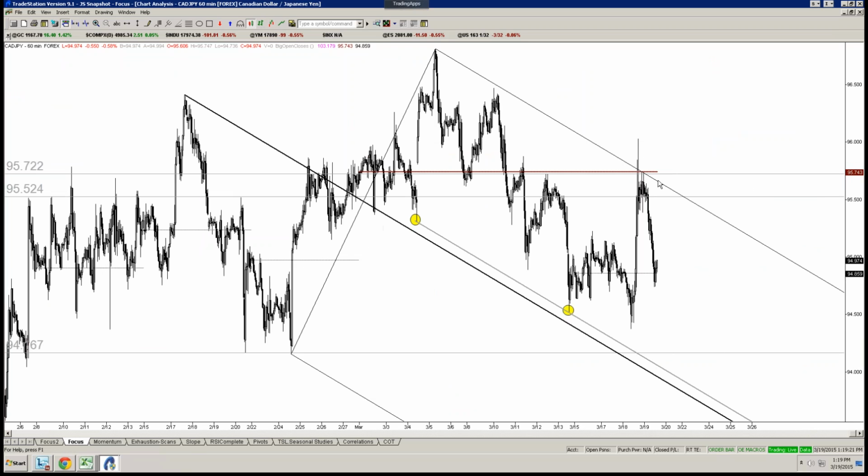We were talking about tracking for a top near 95.75 amid all the hoopla yesterday. This kind of got lost in the shuffle, I guess. But if we can come back to here, back up, CAD yen that is, back up into resistance, which at this point would probably be about 95.50, then this is something that I would also consider